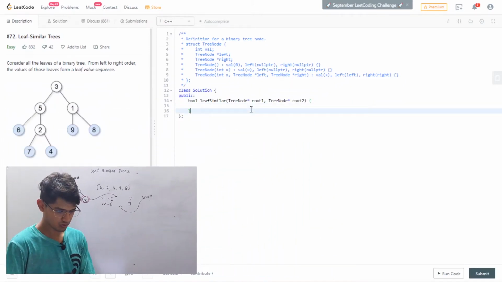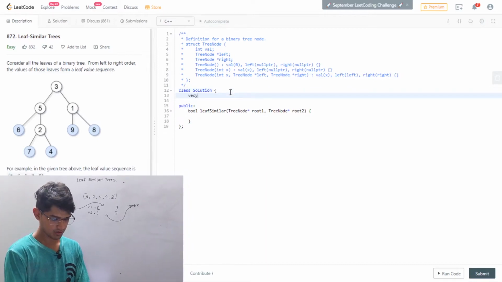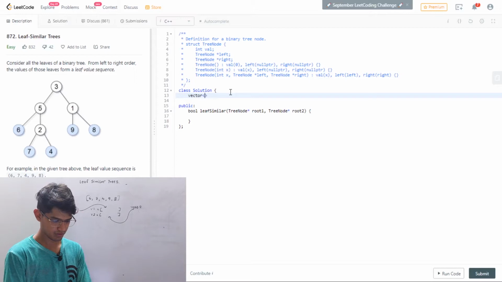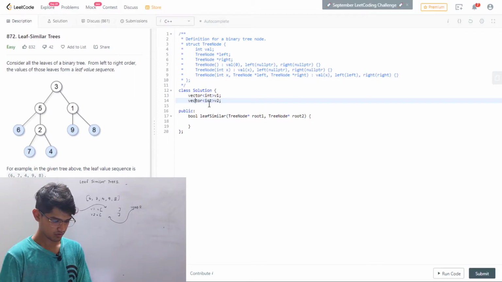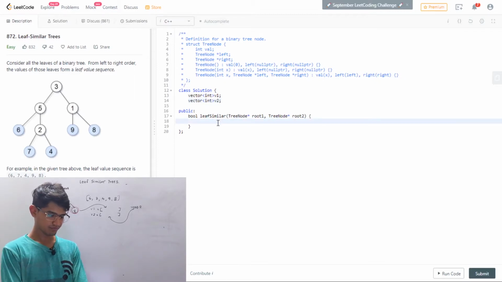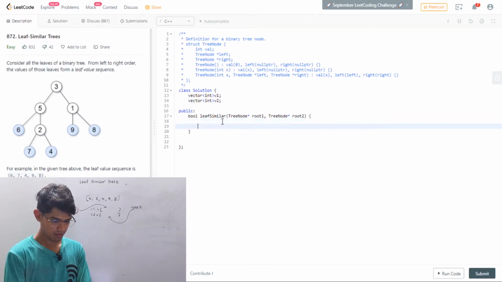So here we are given two roots, so first we'll be making two vectors. A vector of type int, and we'll be calling this v1. Second vector v2. Now we'll be making a function to find the leaf sequence, and we'll call that function get sequence, or we'll just call it get.